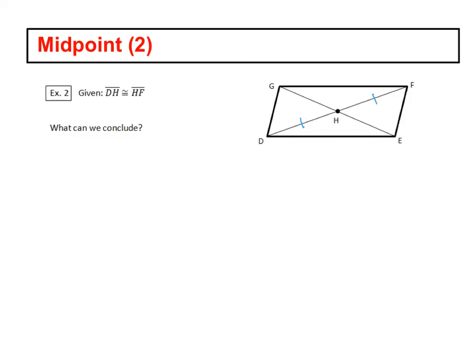Well, if you notice, you've got this segment DF, and if these two segments are congruent, then what does that tell us about point H? What can we conclude? That tells us that H is the midpoint. If you got two congruent segments like that, the point in the middle is the midpoint. So the one thing that we want to make sure we think about, we know that H is the midpoint